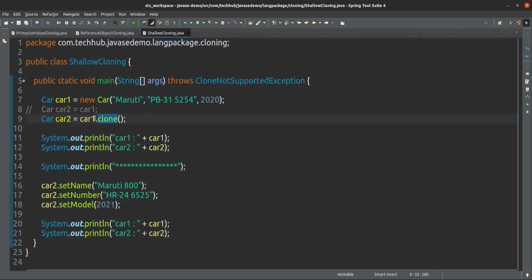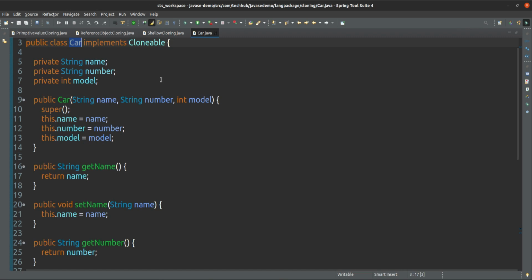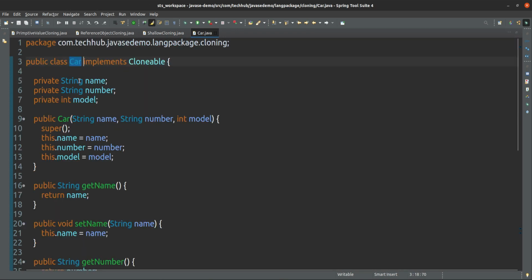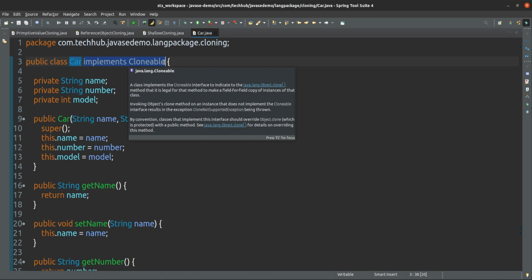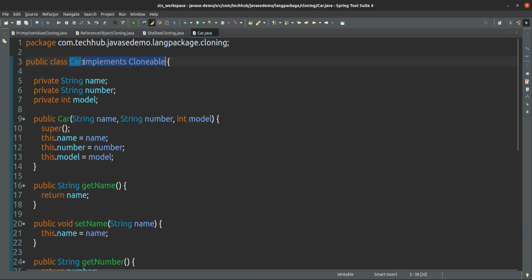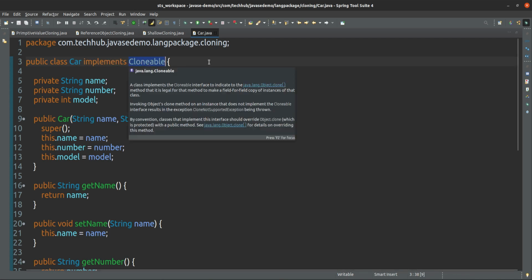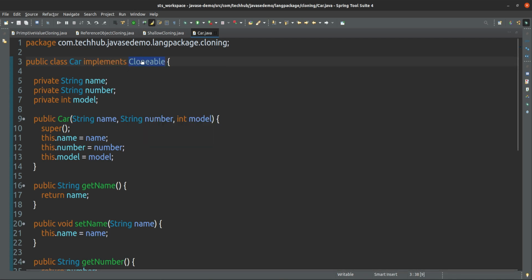Now what is this clone method? If I open the implementation of this car class, here one thing is mandatory: you have to implement the Cloneable interface. First thing, if you want to make a clone of an existing object, means if you want to copy the existing object into a new object, then the first step is you have to implement the Cloneable interface, and this is a marker interface.